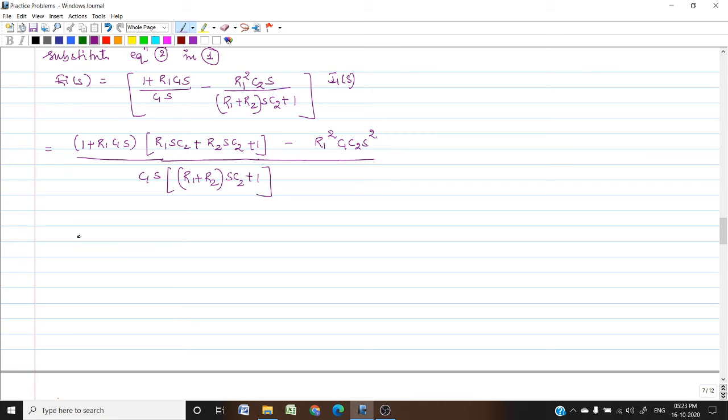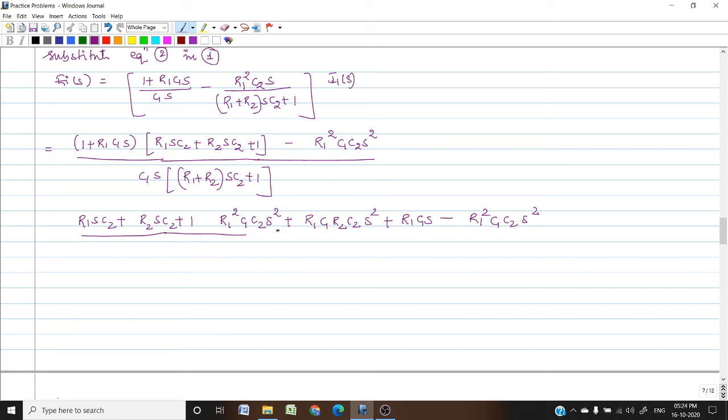So I'll simplify this term. I'll get R1 SC2 plus R2 SC2 plus 1, then R1 square C1 C2 S square plus R1 C1 R2 C2 S square plus R1 C1 S minus R1 square C1 C2 S square,